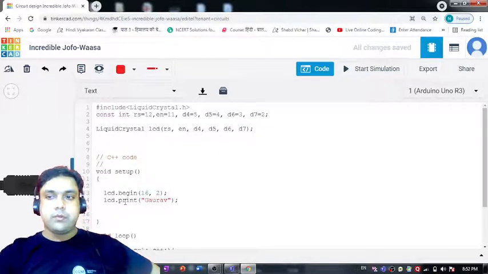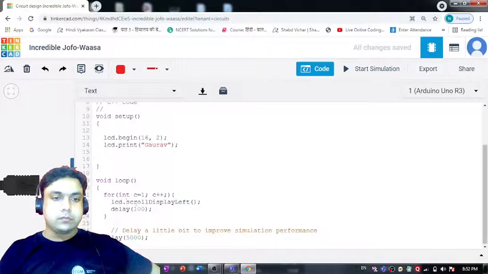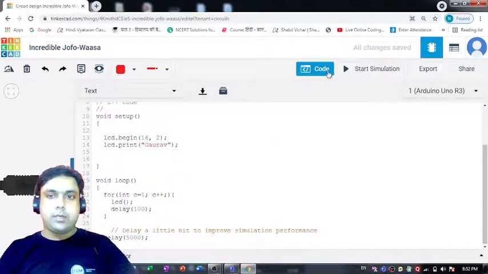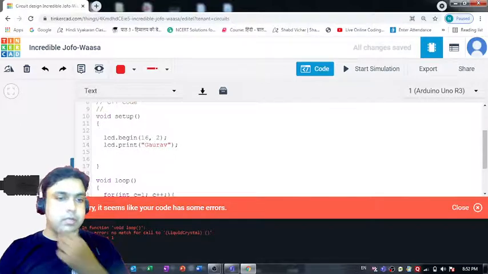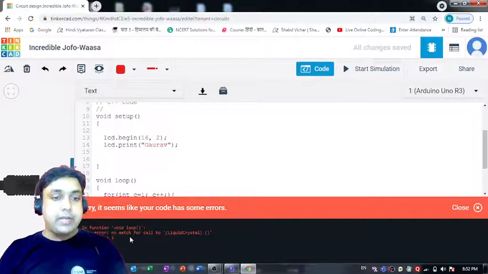Okay, and if I remove this from here, let me see whether I'll be able to get the required output or not. Void loop, no match for call to LiquidCrystal.